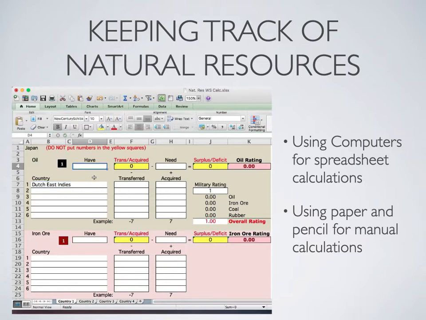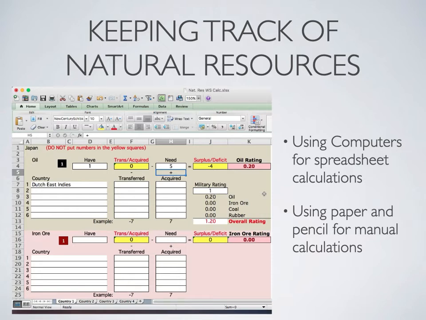The amount of resources that they have, we're going to say for oil is 5. Actually, let's say 1. And what they need is 5. So we know what they need. Their overall rating says they're at a 0.2 because they have 1 credit of oil and they need 5 to